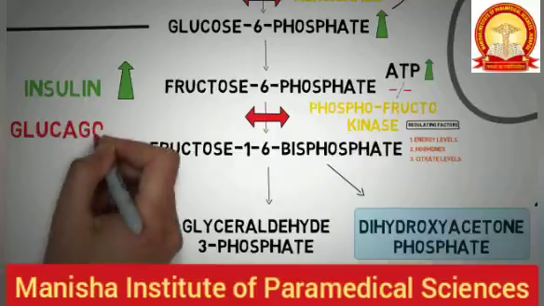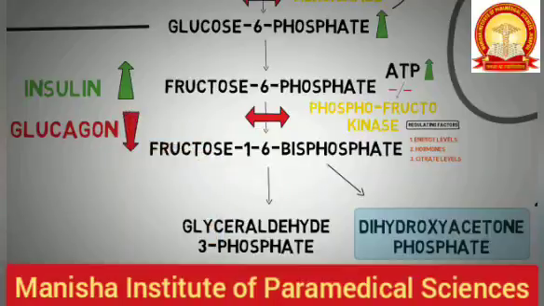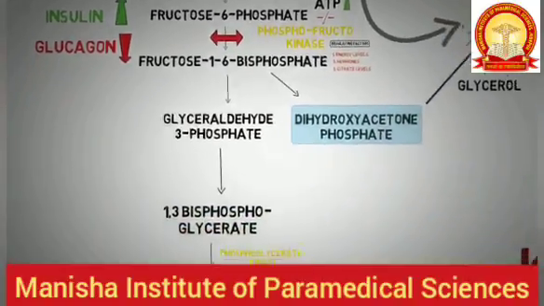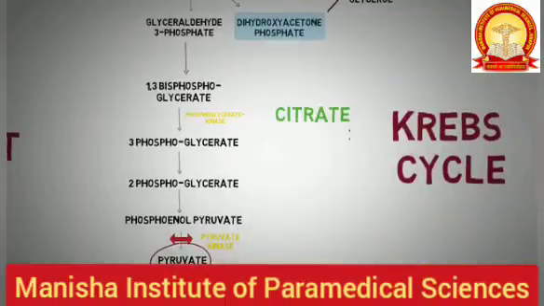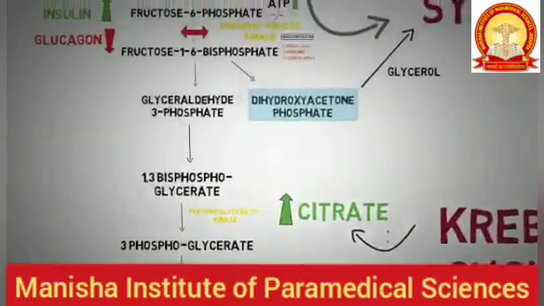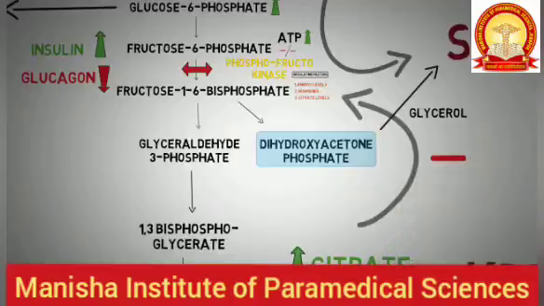Glucagon decreases the activity of the enzyme phosphofructokinase, thus allowing the blood glucose levels to increase. This hormonal regulation is indirectly done by means of fructose 2,6-bisphosphate. Citrate is a molecule that is an intermediate in the Krebs cycle. Now, pyruvate is further fed into the Krebs cycle. So, if the concentration of citrate rises in the cell, it becomes important to decrease this entry, which is done by decreasing the activity of phosphofructokinase by high levels of citrate.